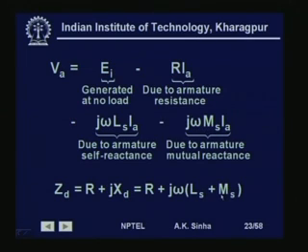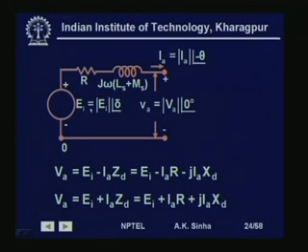Okay. So, this is what we get, and the circuit model for the synchronous machine can be put like this, where for the machine acting as a generator, we have VA is equal to EA or EI minus IA into R plus j omega (LS plus MS), that is EI minus IA into ZD, which is equal to EI minus IA R minus j XD